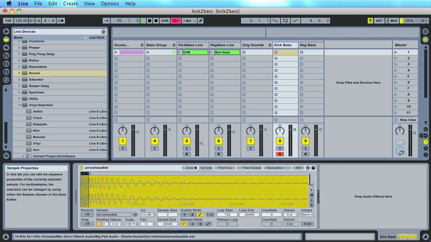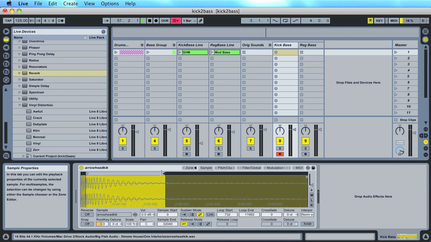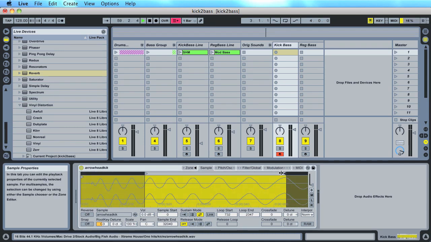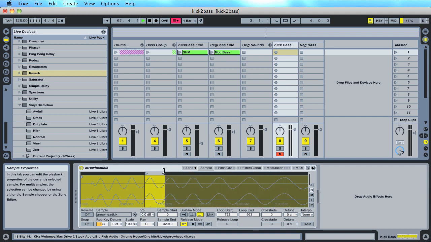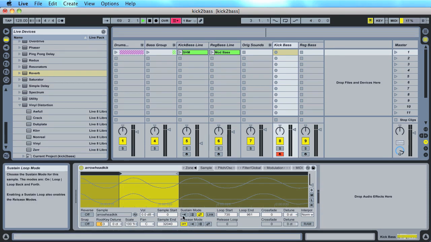It'd probably be faster if I zoom out. If I zoom out, I can drag the loop end in, and I can zoom back in. To zoom, I'm just left clicking within this region here that shows the sample. Again, what I'm looking for is one cycle. You can play with it to get it. It doesn't have to be exact. It could be 2 cycles, but really what it sounds like right now